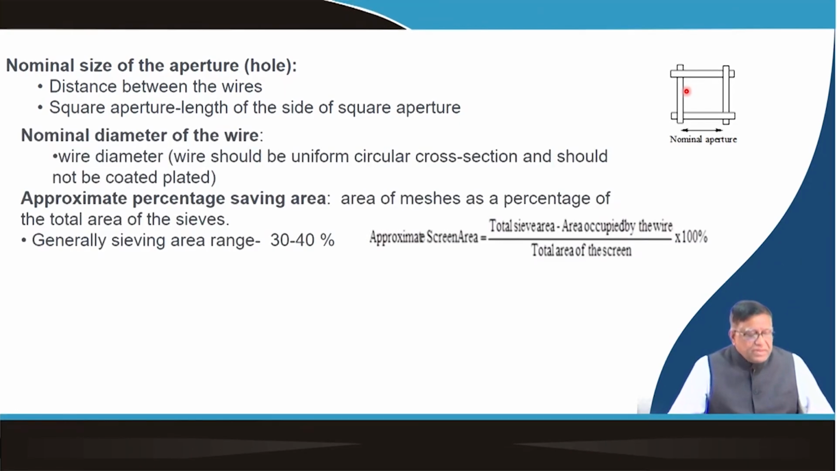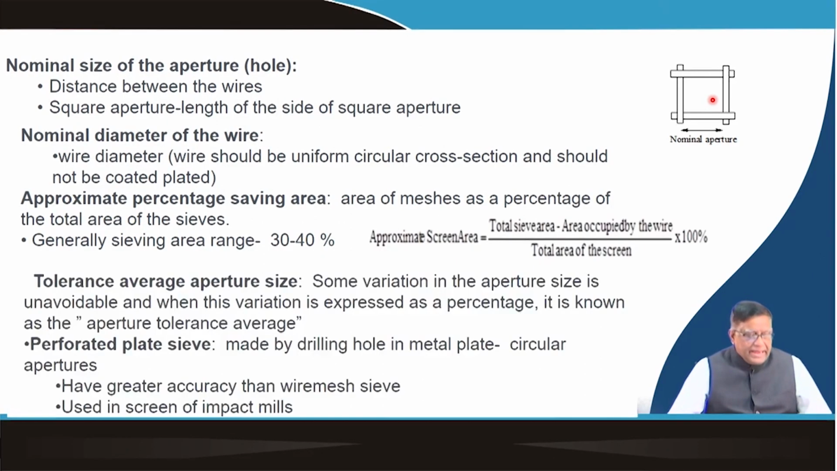Now, the nominal diameter of the wire, depending on that your screen performance will also change. Now, what is the approximate percentage of the sieving area? That will be calculated by taking out the area taken by the wire. So, that is approximate, your screen area is calculated by the total sieve area minus the area occupied by the wire, and then the total area of the screen, in a percentage. So, this is the way you define what will be the screening area. So, when you feed the material or screen the material, how much chance that material will have of going